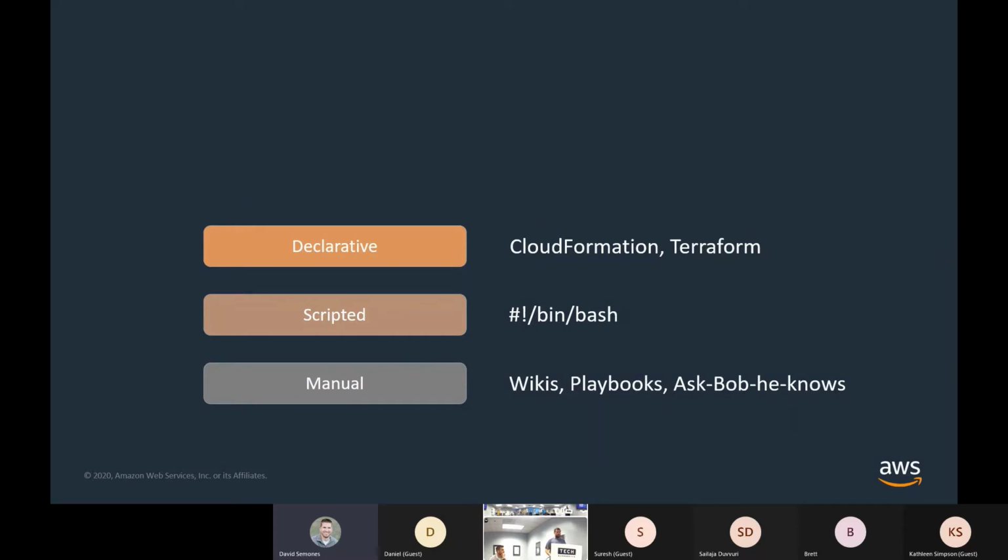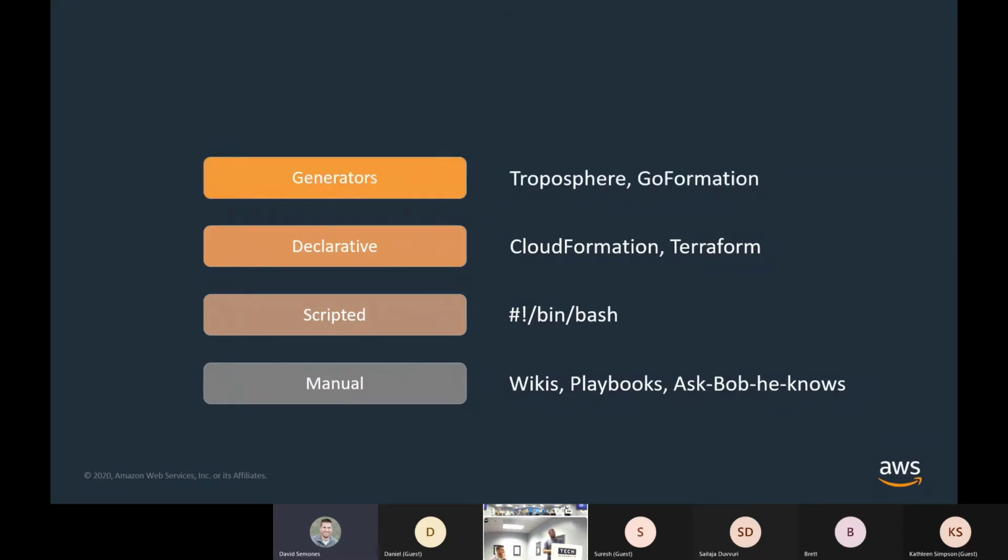So we want some of the benefits of the next one. Some of the benefits of that declarative, very clear, unambiguous description of our infrastructure, but with some of the benefits of imperative code. I want a loop. I want something that's going to generate this. I want 10,000 buckets. I don't want to say make bucket 1, make bucket 2, make bucket 3. I want something like make 1,000 buckets, put it in a for loop or a while loop or something like that.